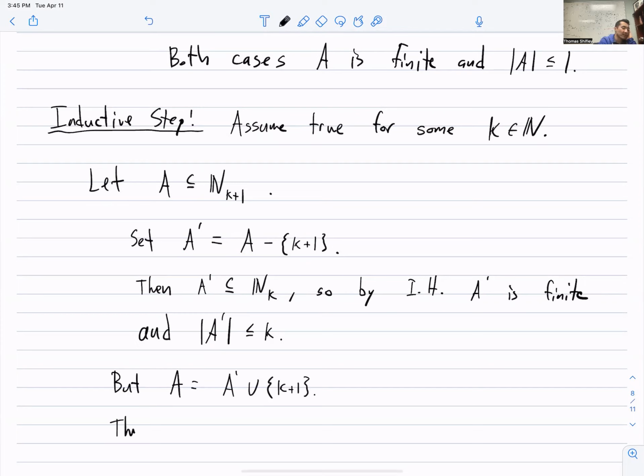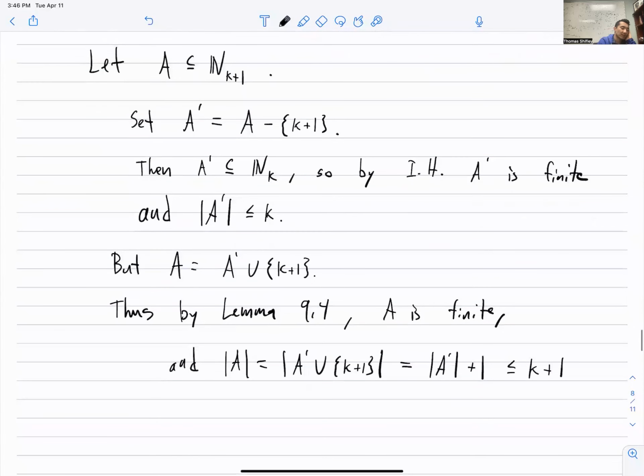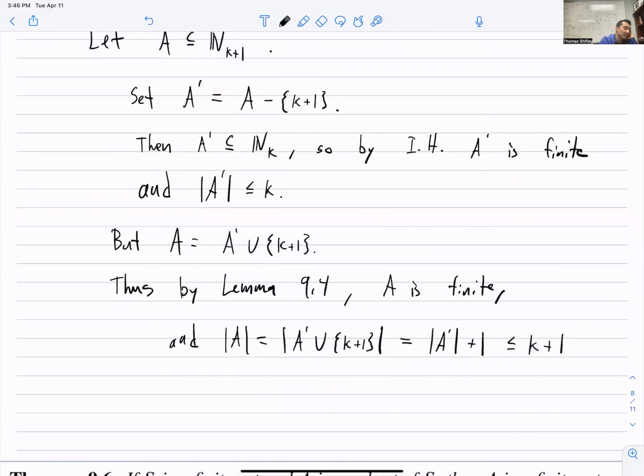And so thus by our previous lemma, lemma 9.4, A is finite, and the cardinality of A is equal to the cardinality of A prime union {K plus 1}, which is equal to the cardinality of A prime plus 1, which is less than or equal to K plus 1. And so we're done. So therefore, thus by induction,